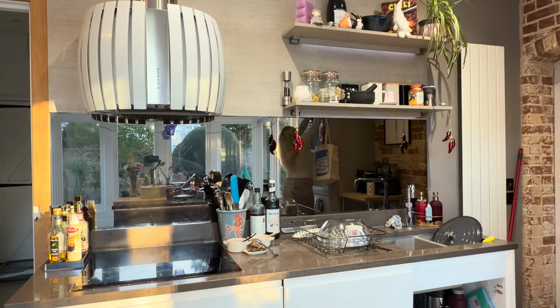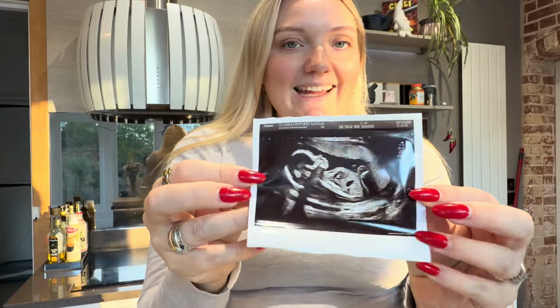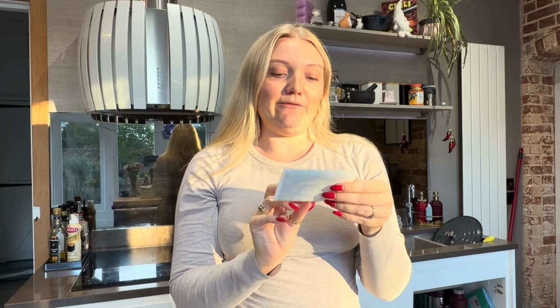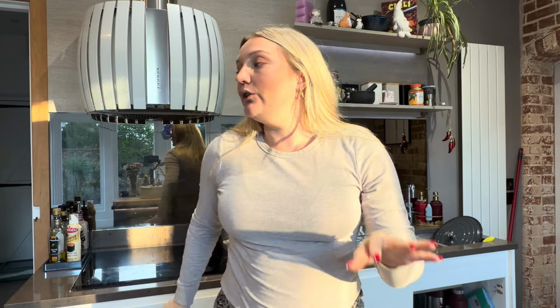So yeah, we had our 20-week scan yesterday and everything is good. The baby's looking healthy. Our sonographer was really, really happy with how everything looked. And let me just show you the little one. Here they are. I don't know if it's a boy or a girl, obviously. We aren't finding out, but it was just really, really nice and really reassuring to see the baby and make sure that everything was okay,